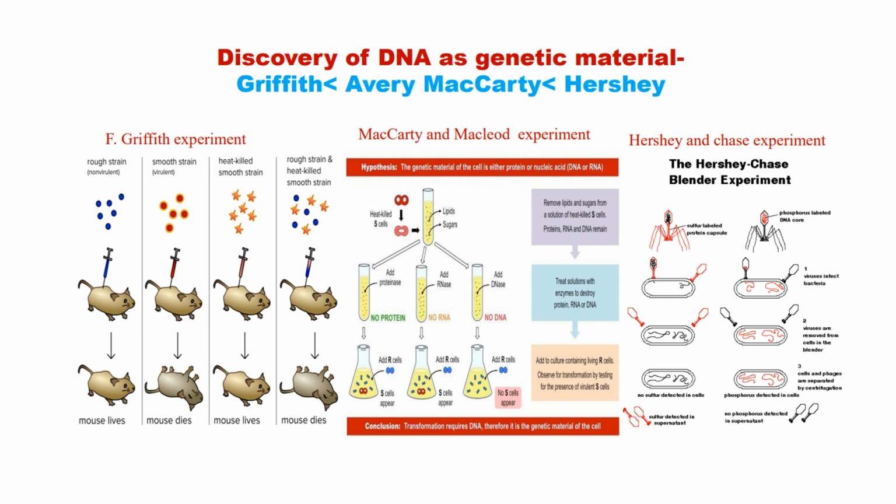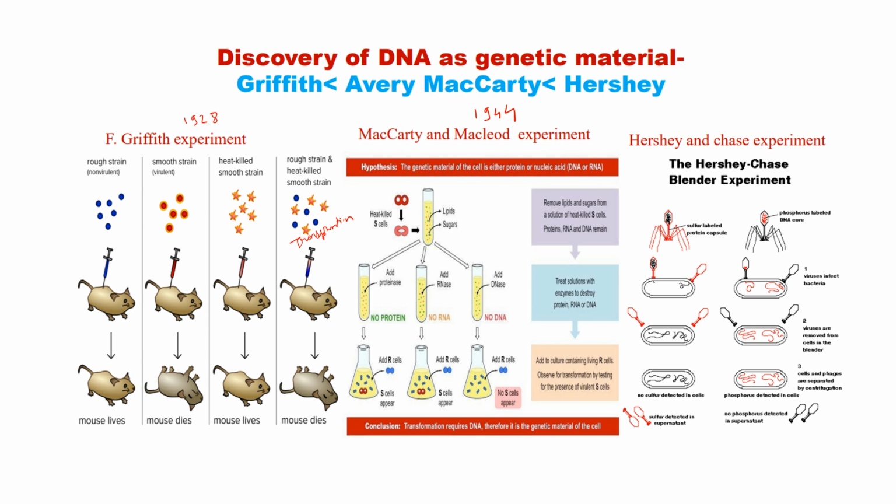So Griffith suggested that something in the heat-killed virulent bacteria transformed the non-virulent bacteria into a virulent form. This phenomenon was later known as transformation. The Griffith experiments were done in 1928, and then in 1944